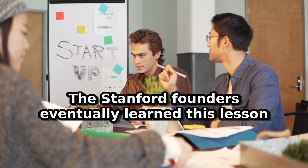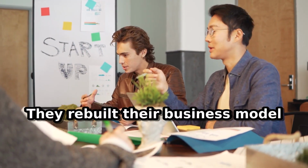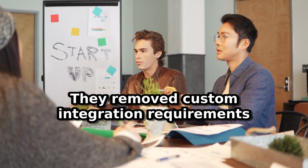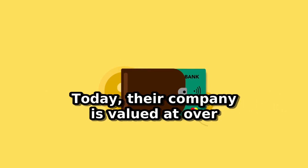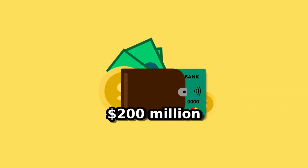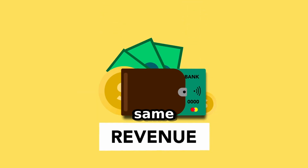The Stanford founders eventually learned this lesson. They rebuilt their business model. They removed custom integration requirements. They raised another round of funding. Today, their company is valued at over $200 million. The legal document startup founder did the same. By redesigning his